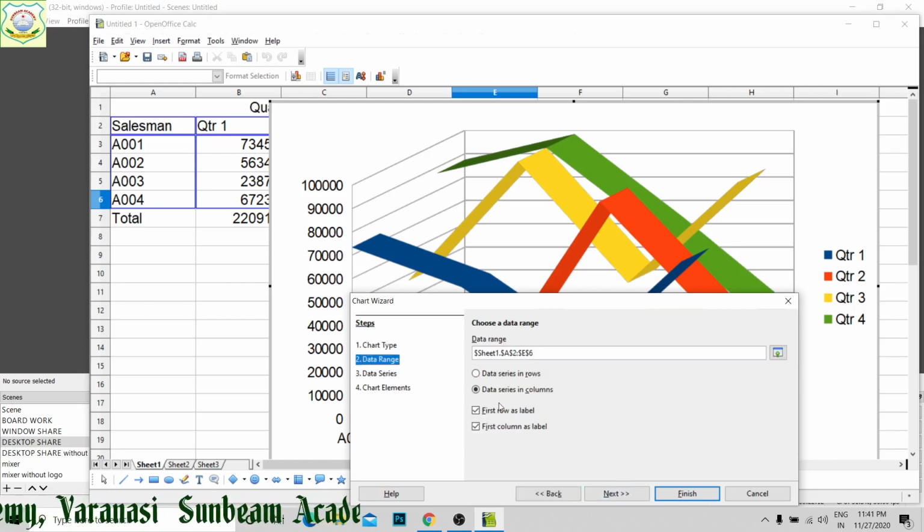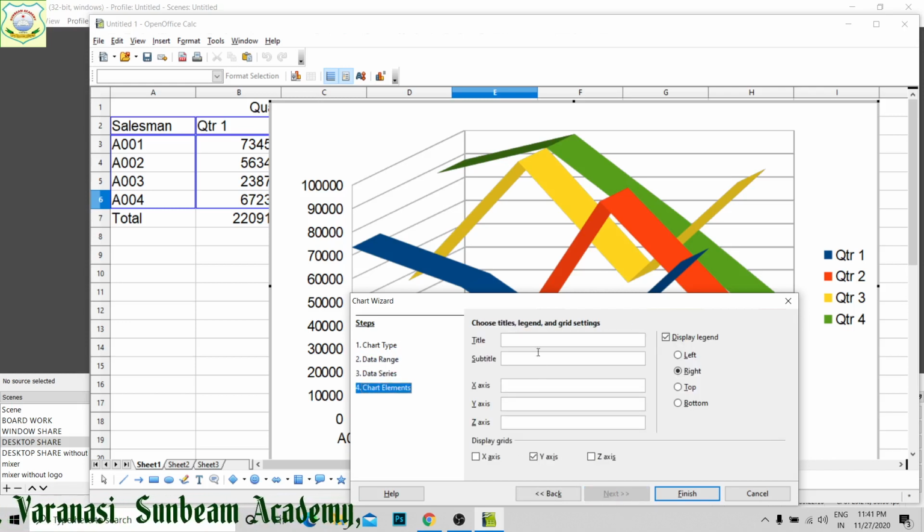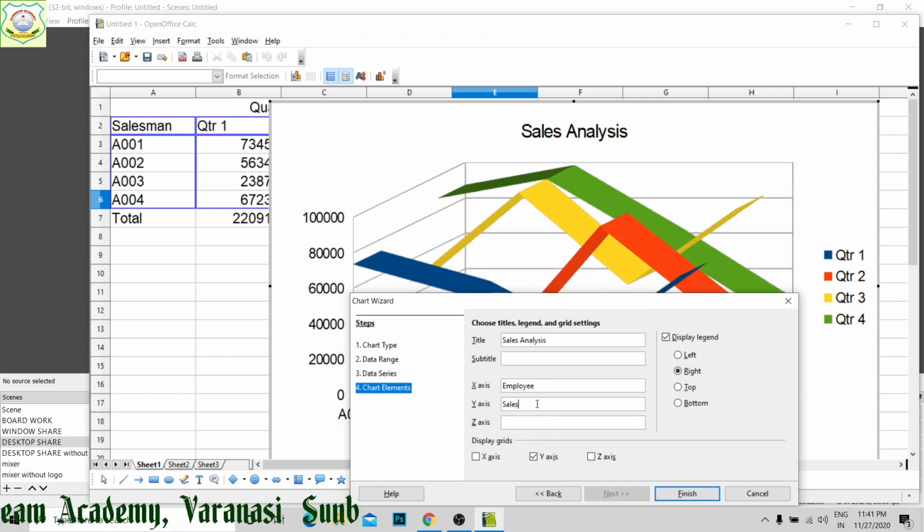It should be in the form of lines. Next, range is right, then quarters, okay, title, sales analysis. Then subtitle, no need. X-axis, what is employee, and Y-axis sales. I have given.